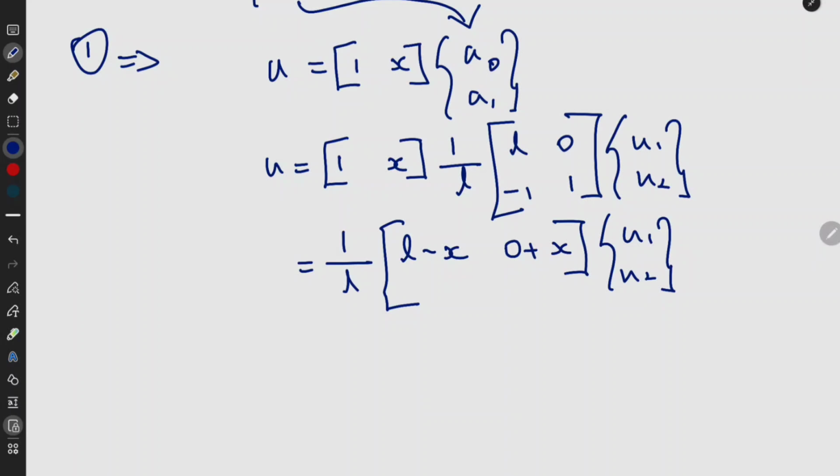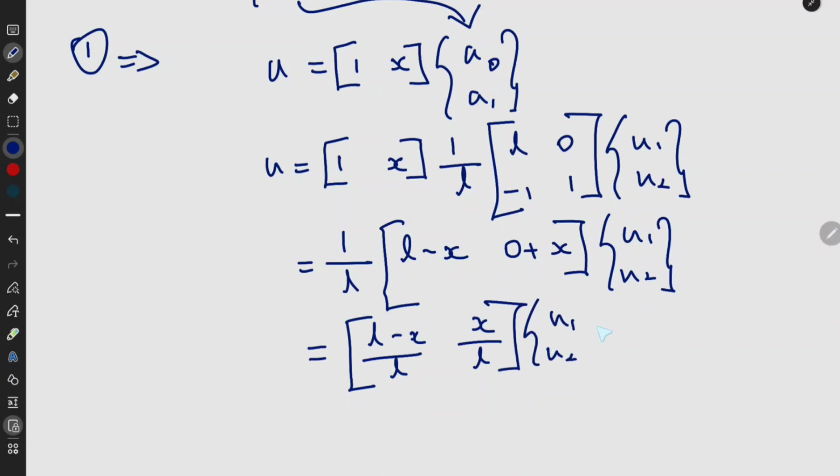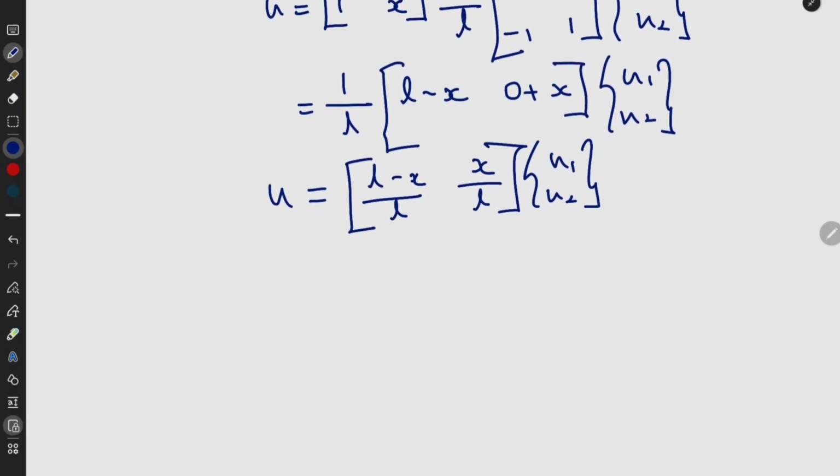I have done the simple matrix multiplication by multiplying the first row with the first column, then the first row with the second column. Next I am going to multiply the L inside. So I will get L minus x divided by L, then x divided by L into U1 and U2. So this is my displacement equation, and the general equation for a shape function for any element, the U is